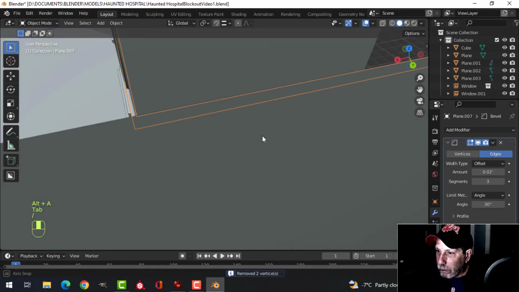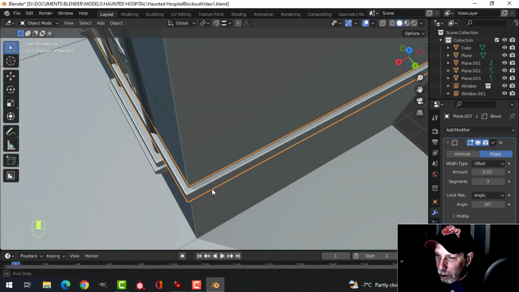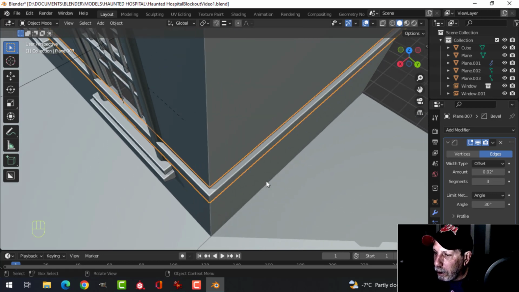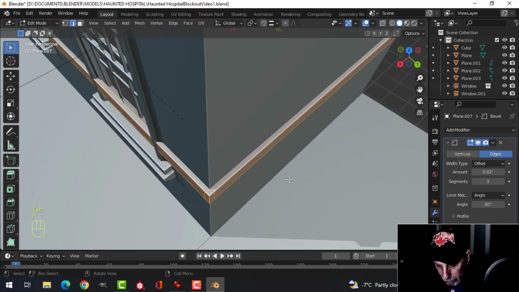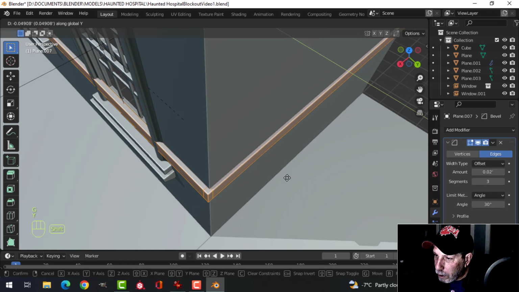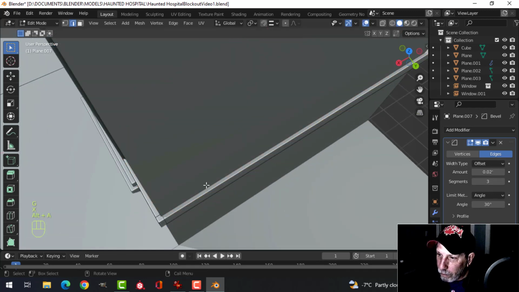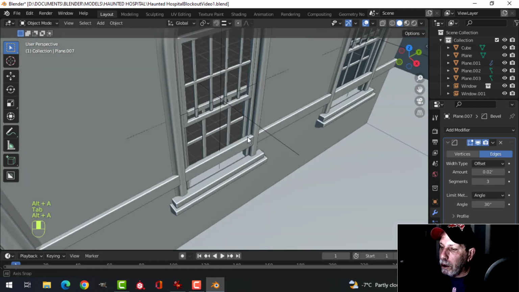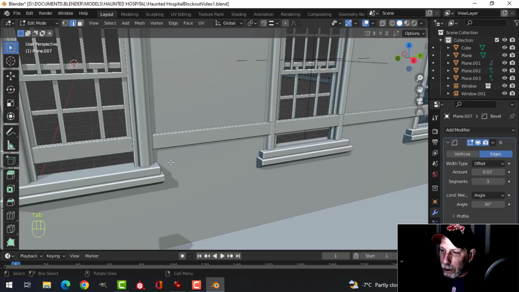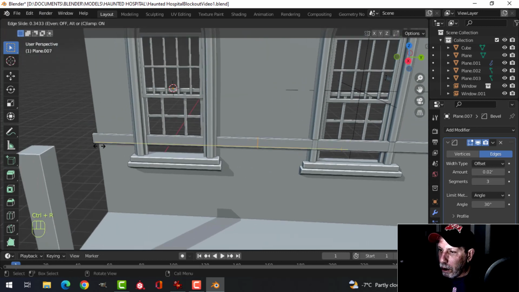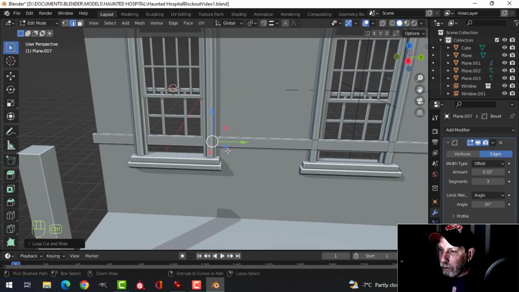Bring that back, and that's okay, just sitting like that. Actually, could probably come, which way am I going? Yeah, okay, fine. Okay, so with that done there, let's come into it now and just bring an edge loop under there,